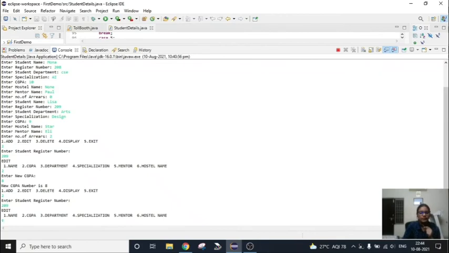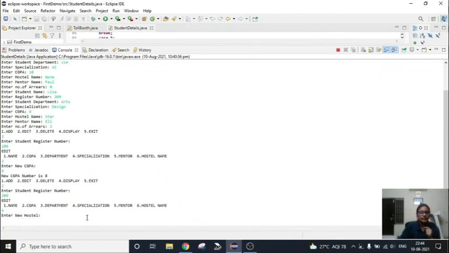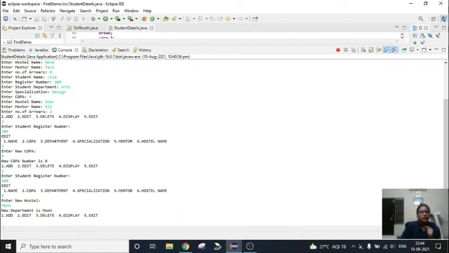So it is asking us for the new hostel name. Previously we have given hostel name as star, so let's give some other. Let's give moon. So the new hostel name is moon. So this is how it is going to give the edit option, so as to edit different kinds of things.